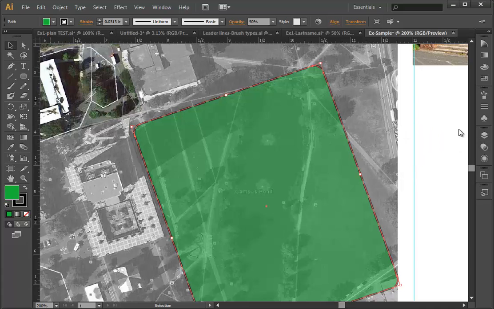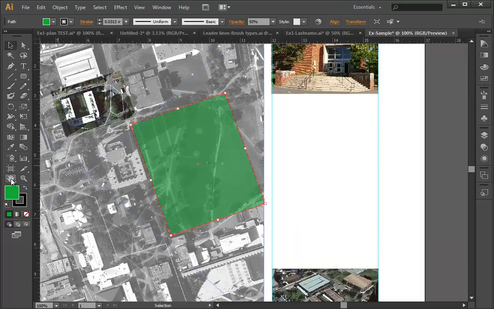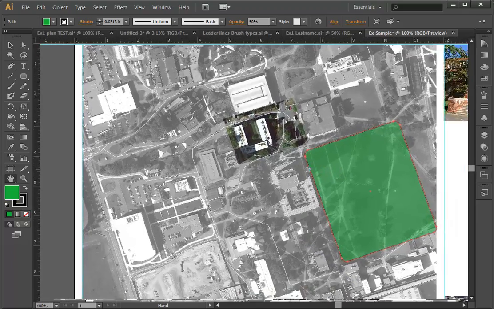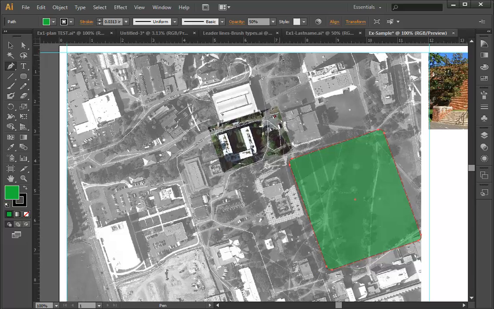We'll now look at the process for creating lines. Let's hold down the Alt key and scroll back, and we can use the hand tool to pan over, and we're going to look at a proposed path that cuts through the campus pond. And we're going to use the pen tool, which allows us to simply click points,